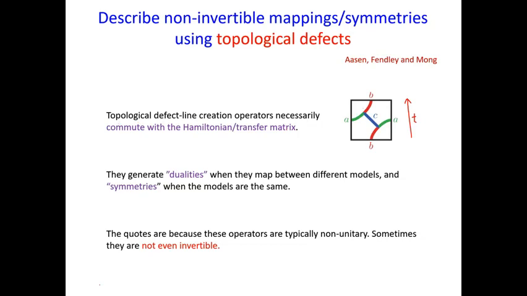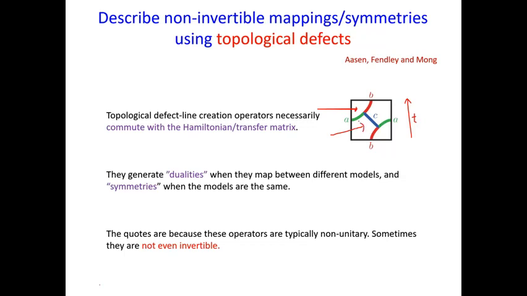So that means that the partition function doesn't depend on their location. And so thus, if I can deform them, I can deform them backwards and forwards in this new time direction. And so they must commute with the Hamiltonian. But what you find sometimes is the theory can be different on one side of the Hamiltonian versus the other side